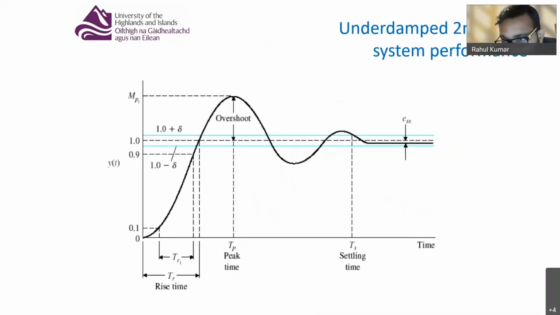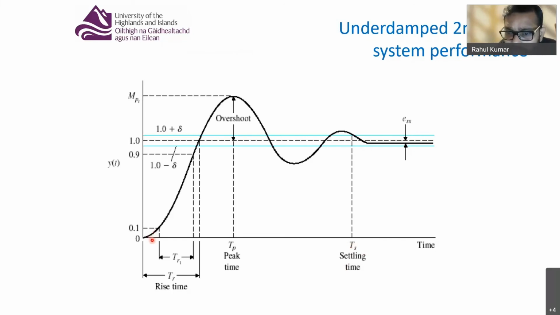Now, this is the response of your second order underdamped system. For the underdamped system, we have already discussed the rise time, peak time, and settling time, but we know only the definition or what they mean. So today I am going to introduce you to the formulas for these values, how to calculate them. Just to revise it very quickly,